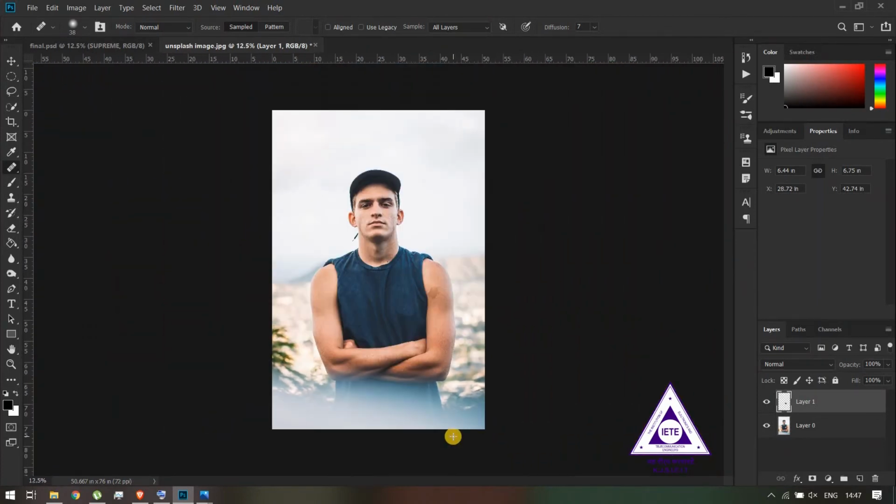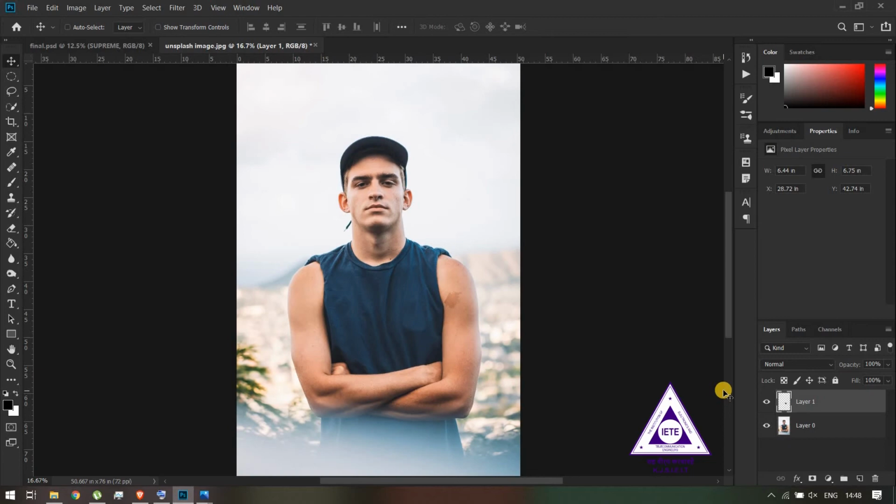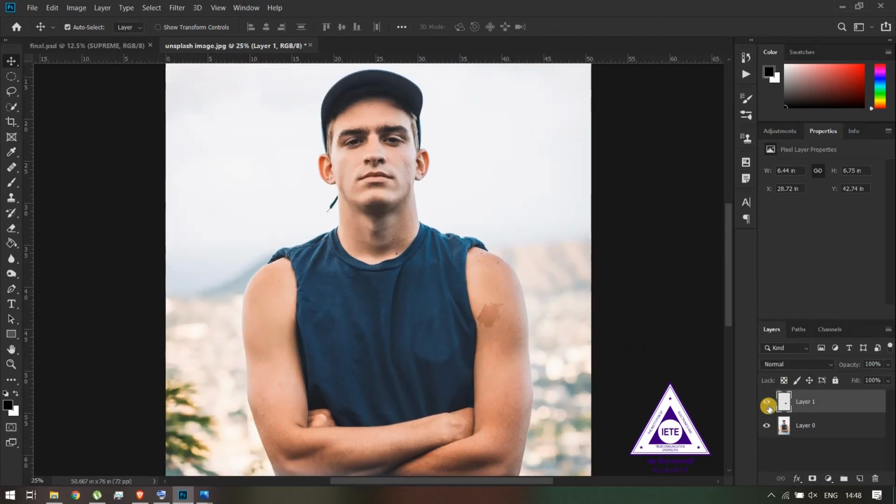So the next step to this process is you need to create a displacement map. A displacement map creates a map out of the light and the dark parts of the area, so that when you place an image on it, it warps that image based on the light and dark parts of the area. So to do that, first of all we'll combine these two layers that we have, the original layer and the retouch layer. You can see that if I hide the retouch layer, the original logo is still there.